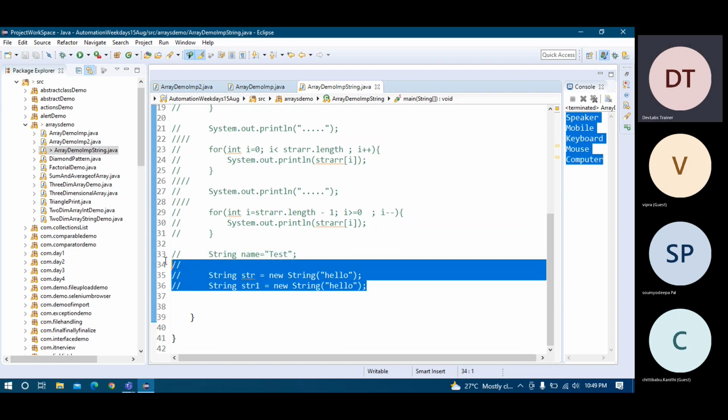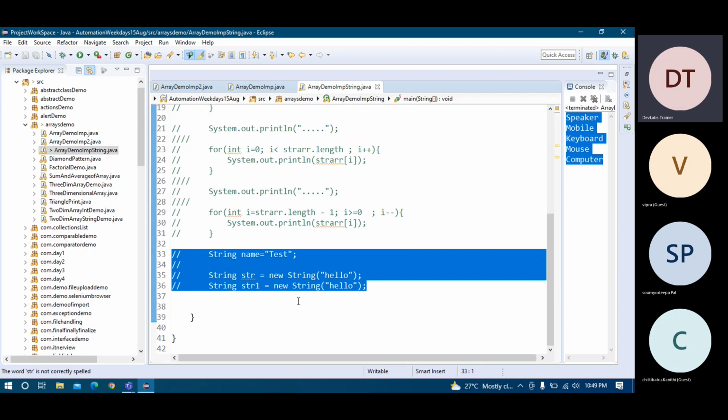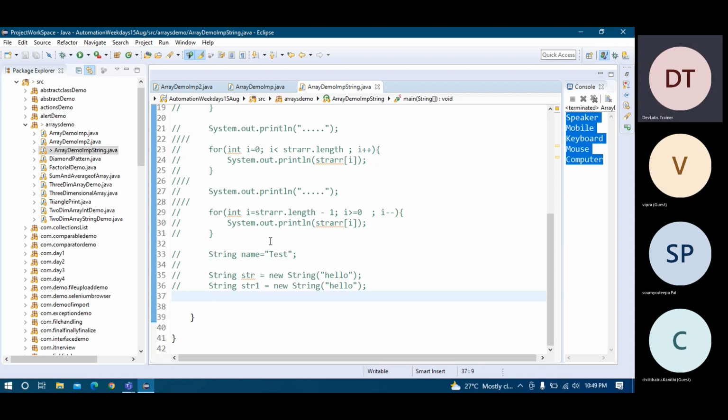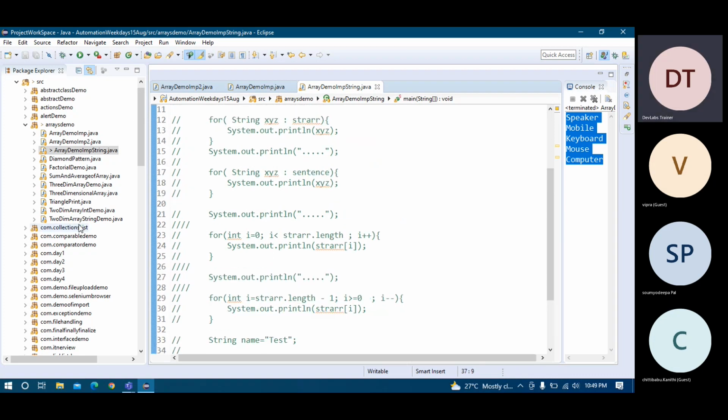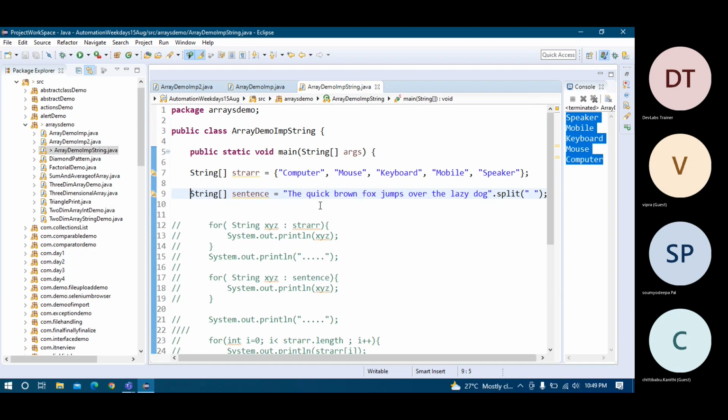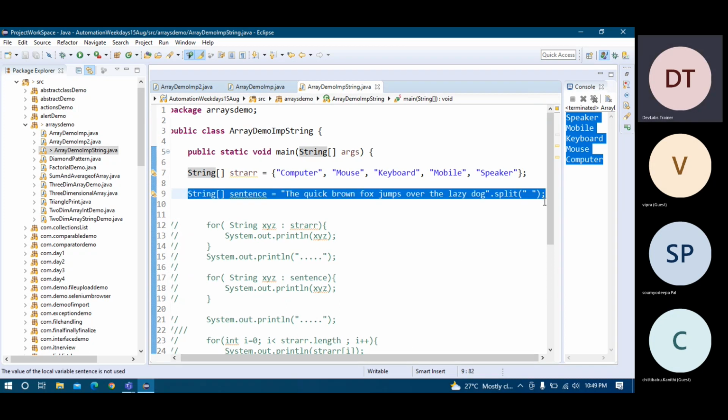This is out of box for now, meaning it is a different program, so leave it. I'm talking about array. Now let's see the character array example. If it is a character array, then how will you do that?